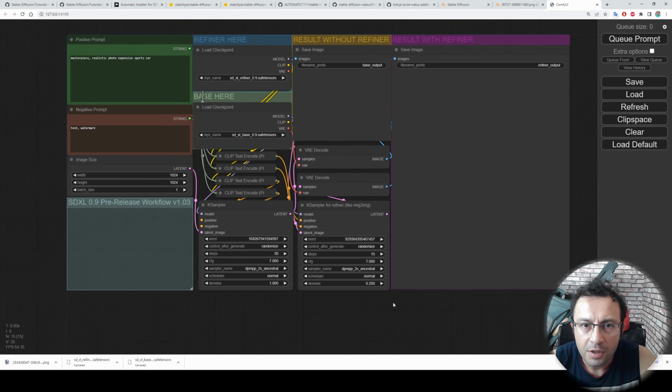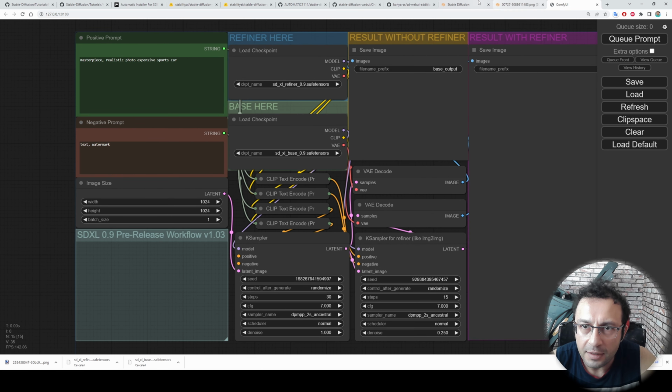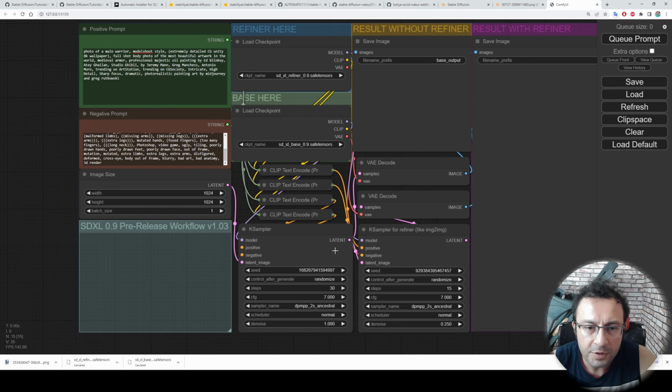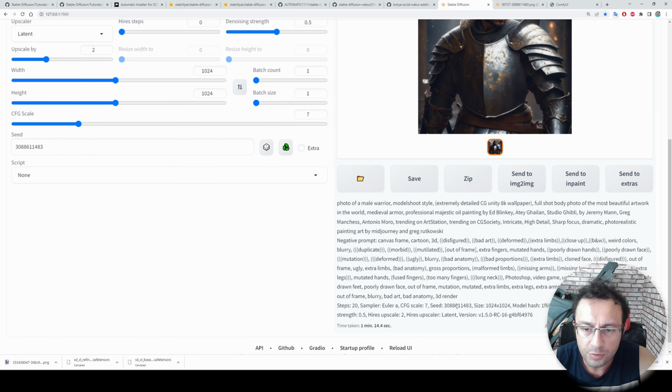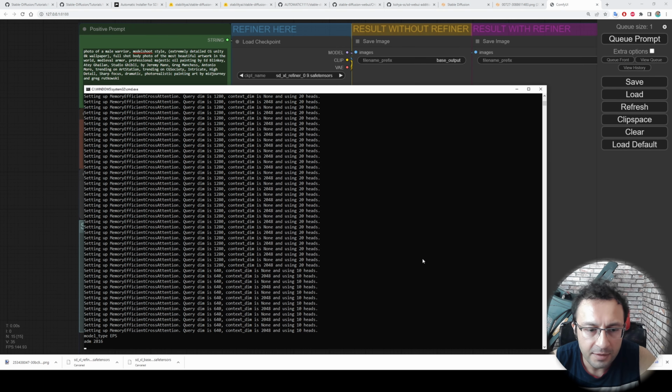It is here. Currently, it is also supporting the refiner. So let's see. These are positive prompts. These are negative prompts. Unfortunately, we can't compare with the same seed because the seeding algorithm of Comfy UI is different than Automatic 1111 Web UI. Therefore, even though I have used this seed, it won't be the same. So let's query the prompt and see the speed.